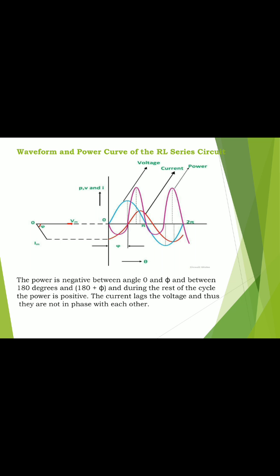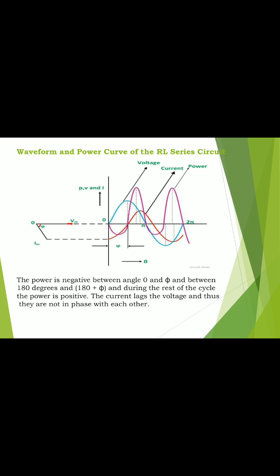Okay, now what is apparent power? The product of the RMS value of voltage V and the current I in the expression for power is called the apparent power. The apparent power is measured in volt amperes, that is VA, or kilovolt ampere, that is kVA. Now what is true power? The average power given by the expression P is equal to VI cos phi is called the true power or real power. It is measured in watts and kilowatts.